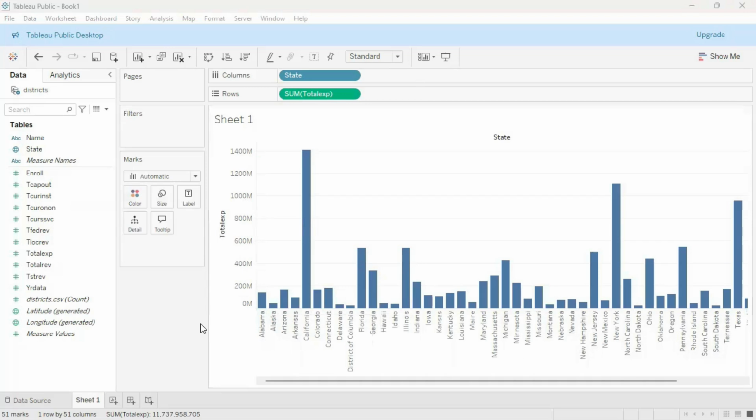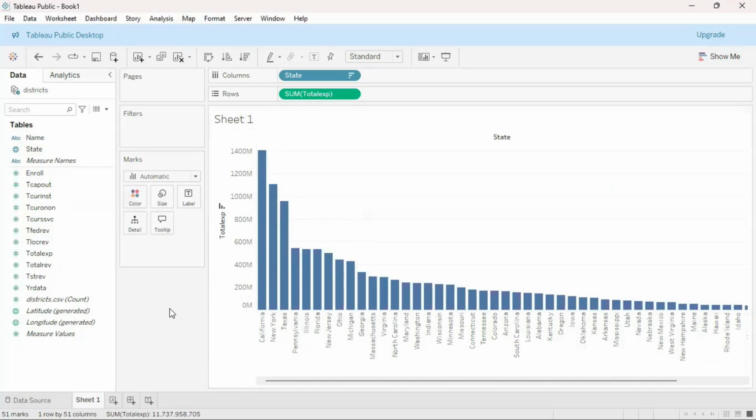And we can make this more informative by sorting this from largest to smallest. Now we can see which state has the highest expenditure and which state here has the lowest on the far